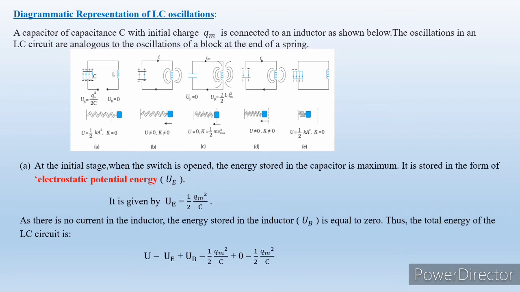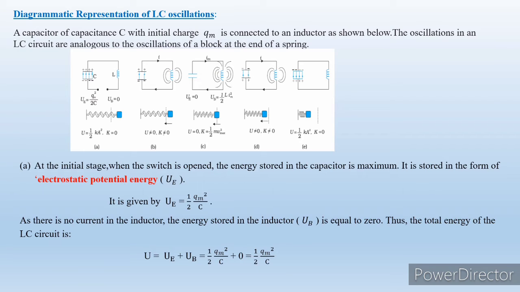In the same way, we are going to explain that in the LC circuit, sometimes the total energy will be electrostatic in nature, stored across the plates of the capacitor, and sometimes the total energy will be magnetic in nature and stored in the induction coil, and sometimes it will be partially electric field and partially magnetic field. This is the idea we are going to understand from this diagrammatic representation. Look at the explanation below the diagram.